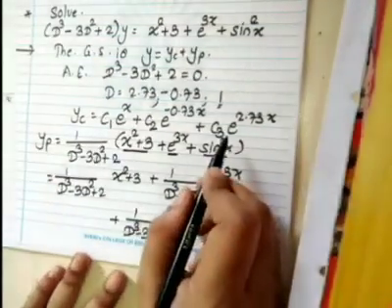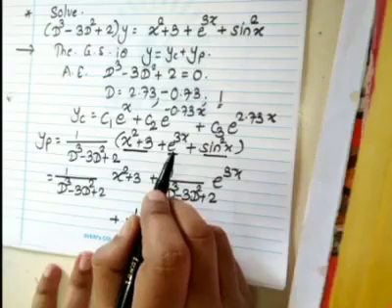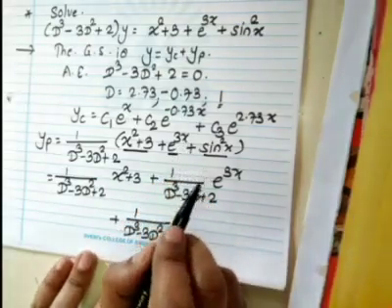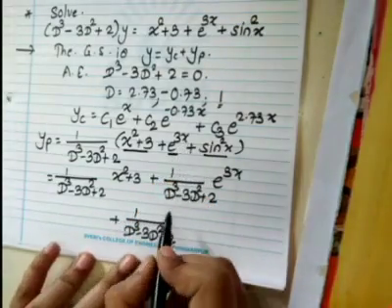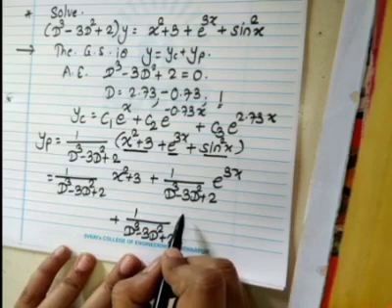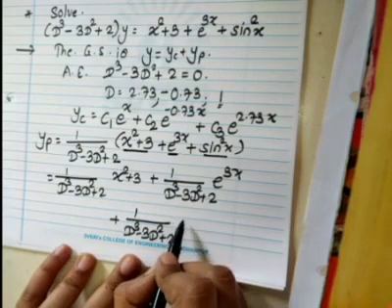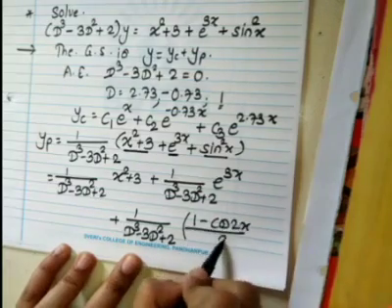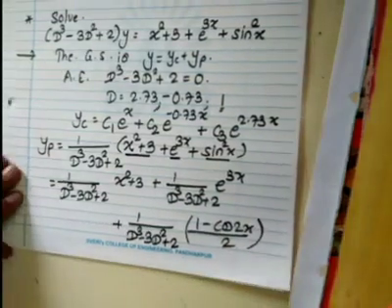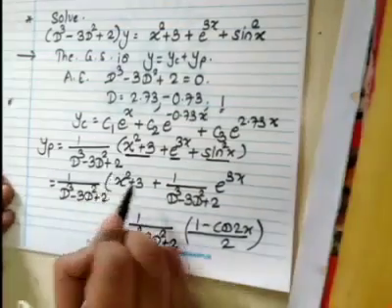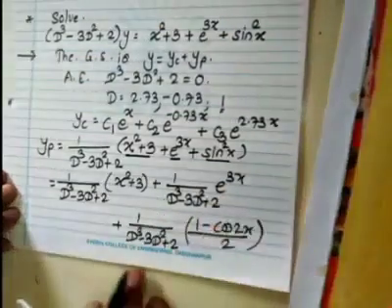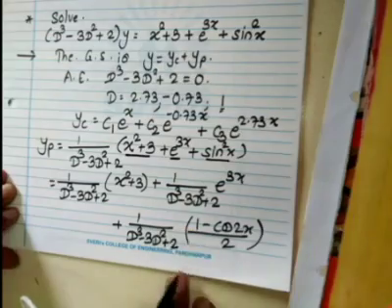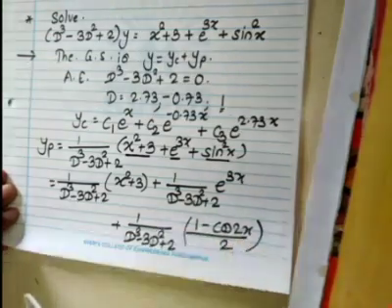And what should I write for sine square x then? As we cannot solve sine square, what should we write for sine square x? What is the formula? 1 minus cos 2x by 2. Yes, 1 minus cos 2x by 2. Then only we can solve. Okay, then first thing it is a polynomial, second it is e, and third here it is 1, so we can write e raised to 0x, and cos we can solve.